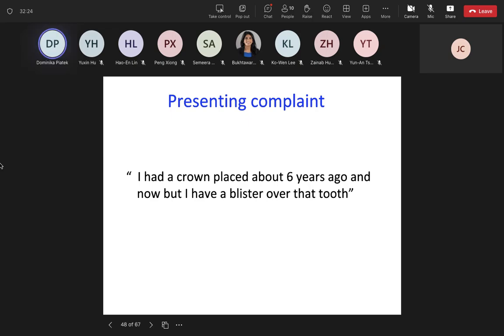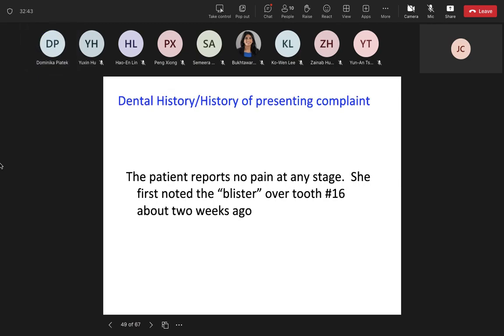We have to look at the presenting complaint. For example, the patient had a crown placed about 6 years ago and now says, I have a blister over that tooth. So we should look at the patient's complaint, know exactly what the patient wants from us, and we have to look at the dental history of the presenting complaint also. The patient reports no pain at any stage. For example, she has noted the blister over tooth 1-6 about 2 weeks ago,